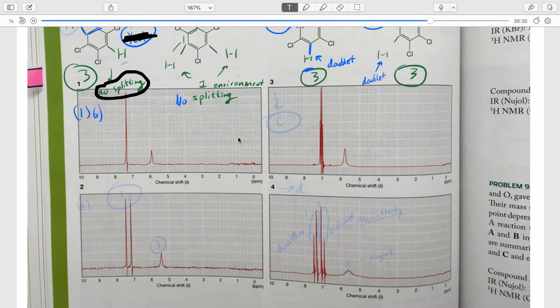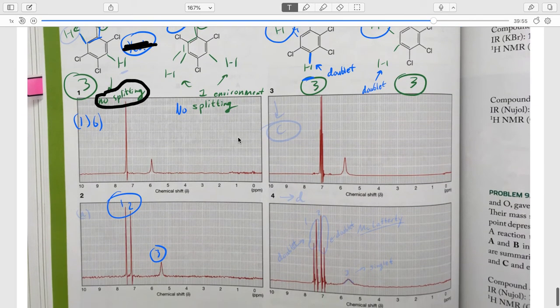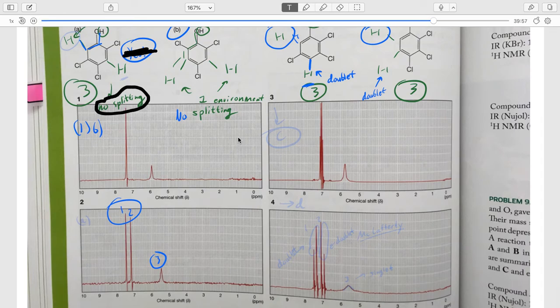Oh, this is a mess. Wait, no, this is not number 2. This is number 2. So with number 2, it looks like we have 1, 2, 3 different environments. And when we're talking about splitting, they basically have to be right next to each other. So if this were a split, they would be like,